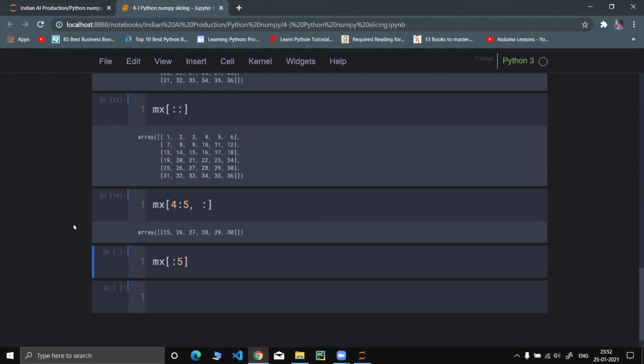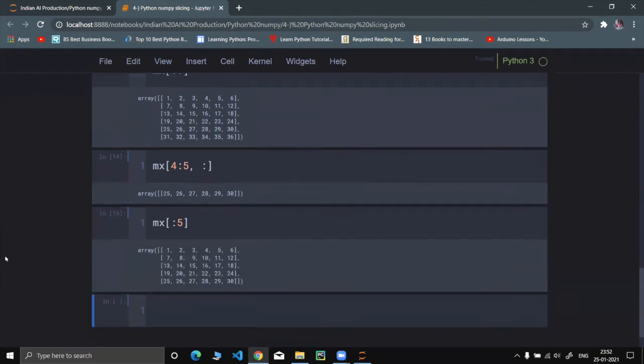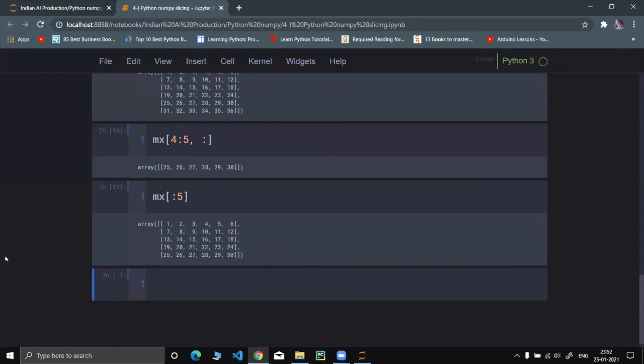See, 4th row and all the columns. And what if I want to print the first 5 rows? Since 5 minus 1 is 4, that's 0, 1, 2, 3, 4. What if I want to print all the columns and the first 5 rows? Then I can use this way.